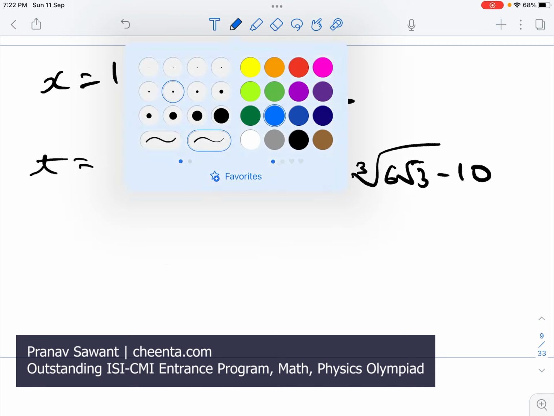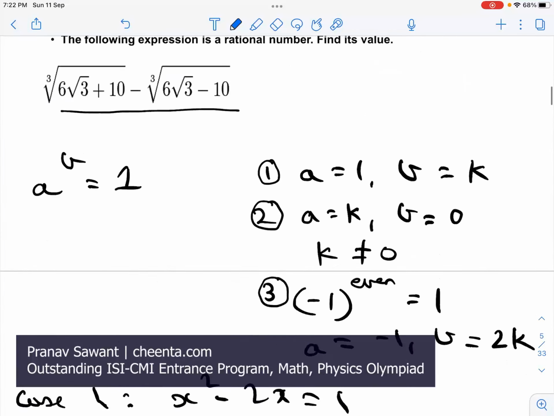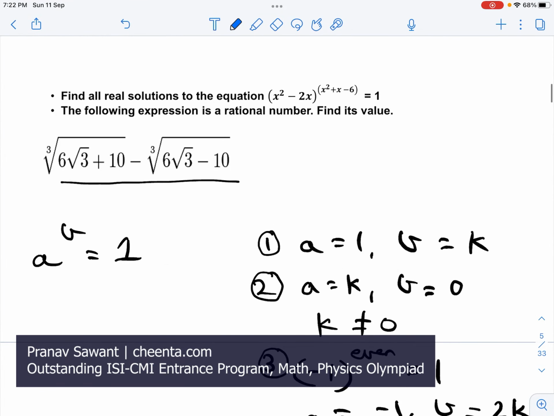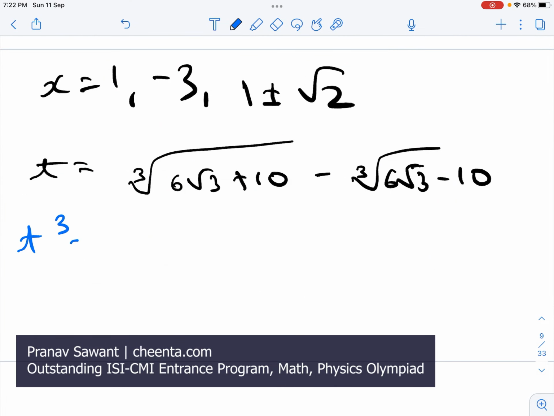Now how are we going to solve this? Well, obviously the easiest approach is just to cube it. We have a cube root on both sides. Whenever in such types of questions you have a cube root, on one side you can just cube it so that you can get rid of it, because we really like working without radicals, right? This is just a minus b whole cube, which gives us a cube minus b cube